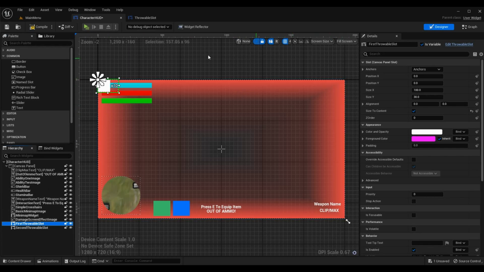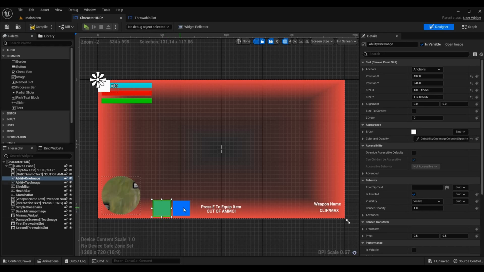And I can move these into position manually. If you have a more organized HUD, feel free to do that. But for me, I'm just going to put it in line with these boxes, just on the opposite side. These are my ability boxes. So if I'm organizing this, I kind of just threw these together when I did this episode. But I can put the size of the ability 1 image to 130 and 115, and the position to, let's do